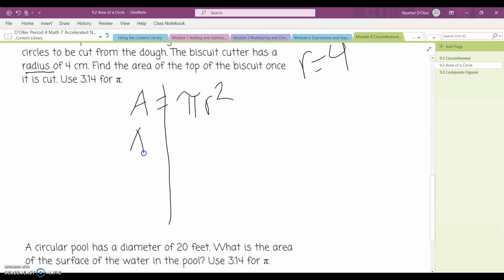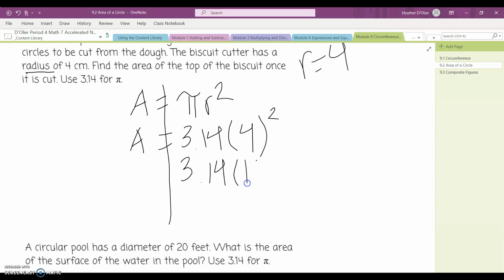Okay, so I've got the area, and I know pi is 3.14. I'm just going to put it in now because I'm a little lazy. Then I'm doing 4 squared, which is radius times radius, 4 times 4. Now I'm evaluating that exponent. So I'm actually doing 3.14 times 16. I'm using my phone for this calculator. On Desmos, you've got it there, depending on how you're doing it. So 3.14 times 16 is